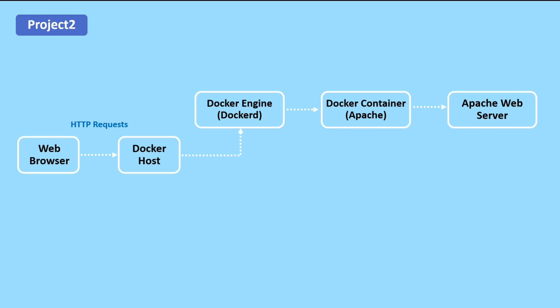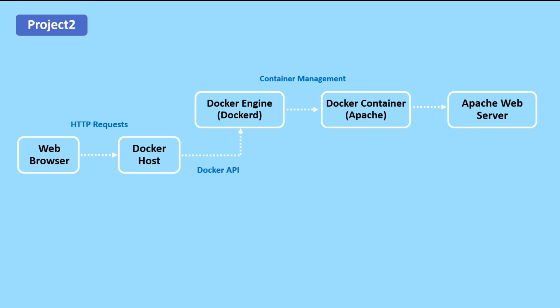The Docker container is running on the Docker host, which is a machine that runs the Docker engine. The Docker engine communicates with the Docker API, which is used to manage containers and images. The Docker engine manages the container lifecycle, including creation, start, stop, and deletion of containers. The Docker container with the Apache web server is responsible for handling incoming HTTP requests and returning the appropriate responses. The Apache web server listens on a specific port for incoming requests, processes the request, and returns the response to